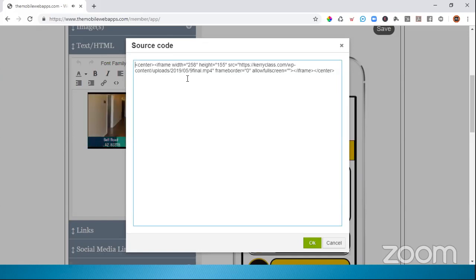So you can see here the width is 258 by 155. This could probably come down. You can see just a little bit of black on the top and the bottom. So if I change that to say 150, and this is what you do. You can also